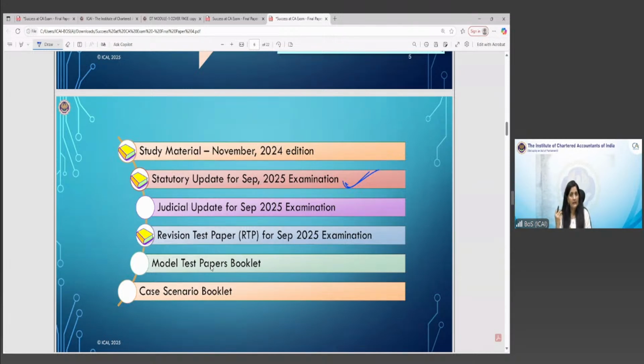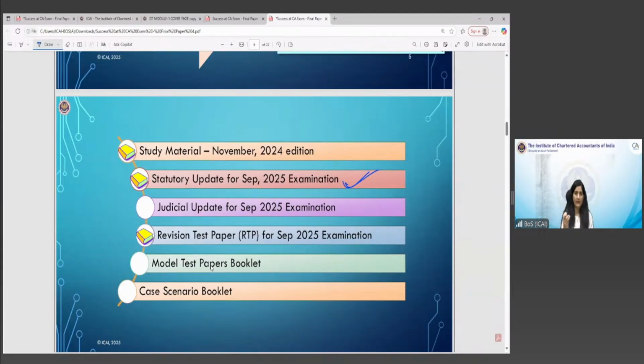At the final level, you are supposed to be aware of how decisions are being passed by the High Courts and the Supreme Court. You are tested on those case laws also, because the provisions of law have multiple interpretations. For that reason, certain disputes arise. To settle those disputes, the cases go to the High Court or the Supreme Court. So whatever decisions are passed by these courts, the significant ones are being covered